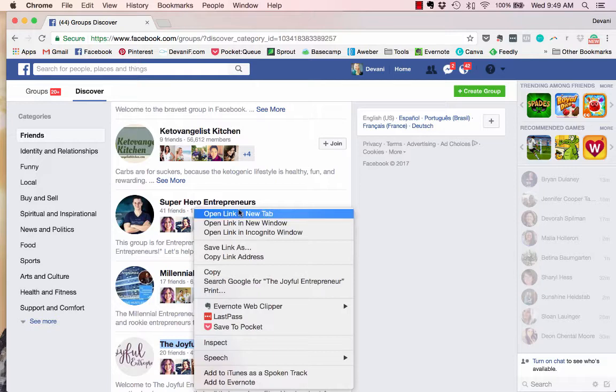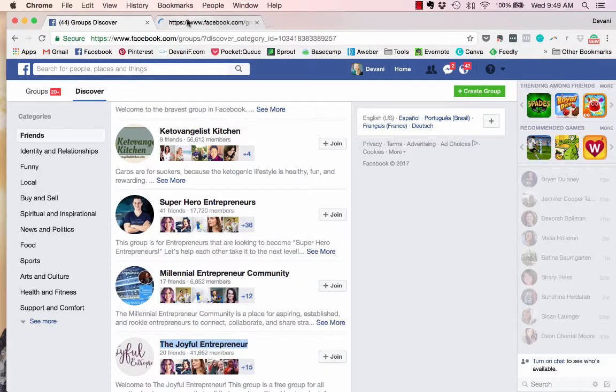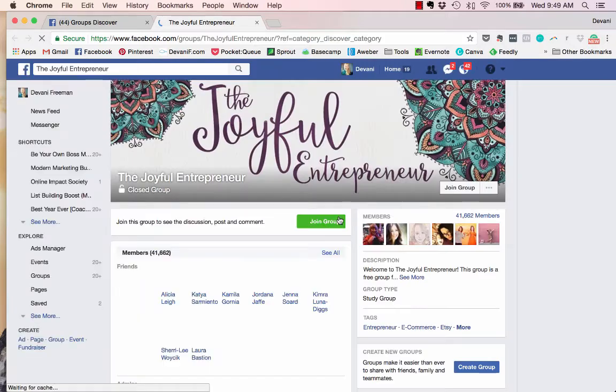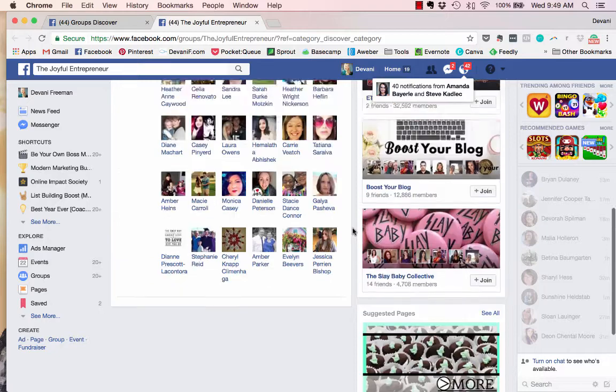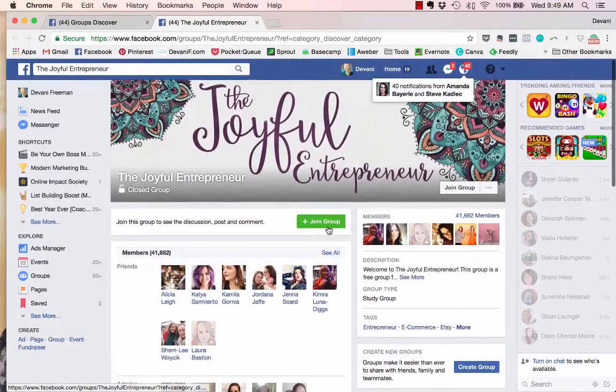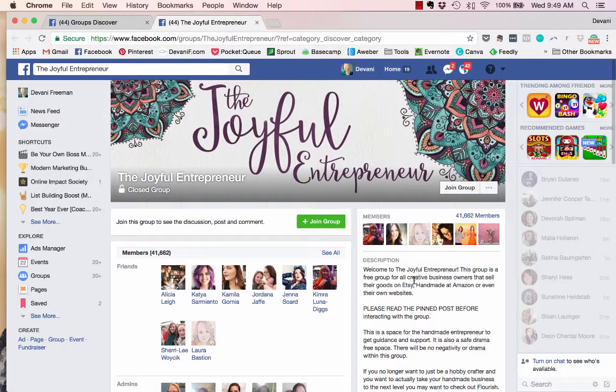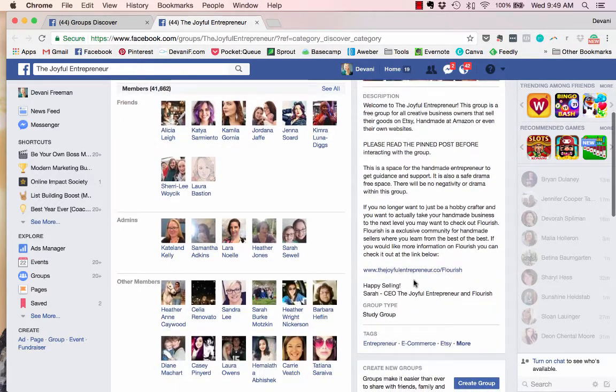So I'll right click, I'll open in a new tab, and I'll just kind of go through if I'm able to see the wall to see if people are posting relevant posts. But this one's closed, which is good. Most of the great ones these days are closed. So I'll read through here to get an idea in a sense, and I'll kind of see, oh, okay, who's running this group? Kind of check this out.